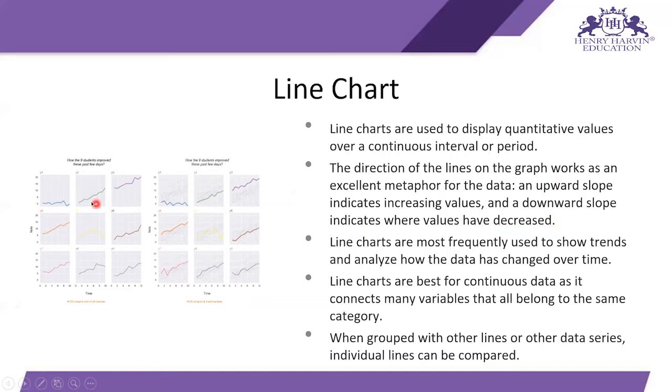Let's say, like you can see this green line graph. If the line goes upwards, then we can say it is increasing value, it is positive. And if the line goes down, then we can say that it is negative.